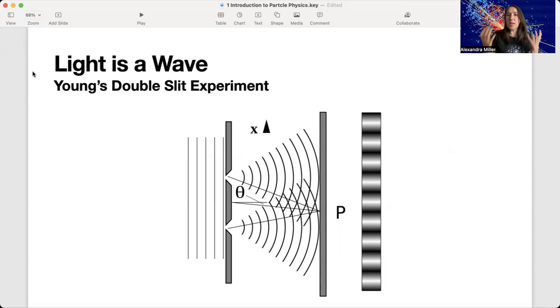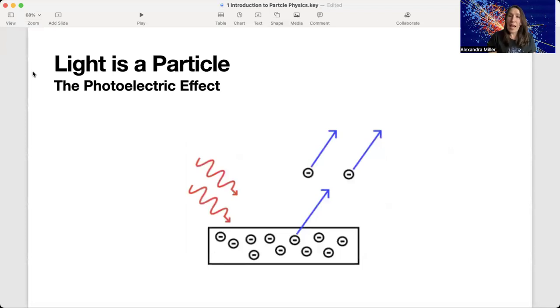And so this experiment, along with Maxwell's equations, really solidified the wave interpretation of light for a little while, until we had the photoelectric effect, which is a very famous experiment that, in fact, Einstein won the Nobel Prize for. He didn't win it for general relativity. Instead, it was for understanding the photoelectric effect, which taught us that light can also be thought of as a particle,